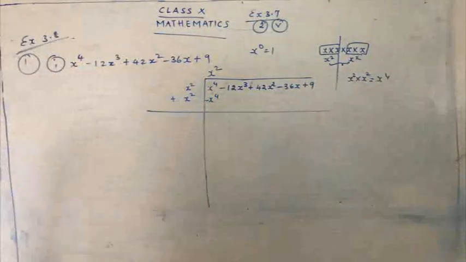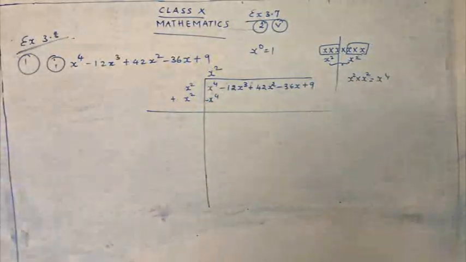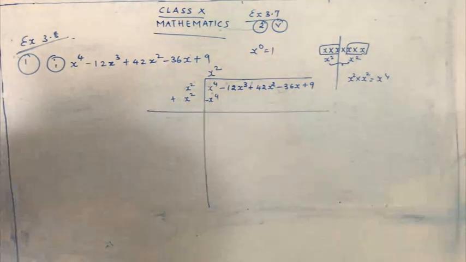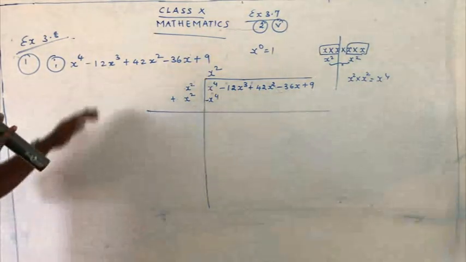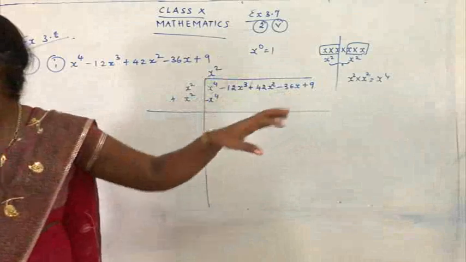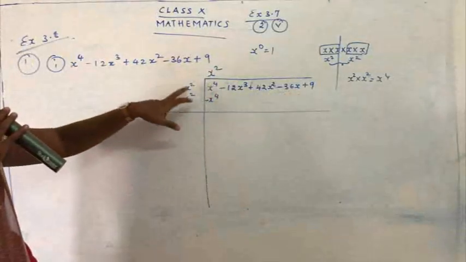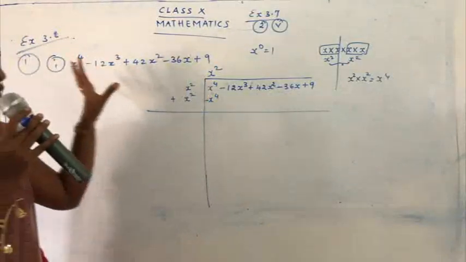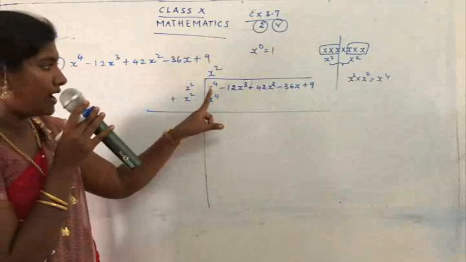Take down the sum. Draw the lines carefully. Take the first part. That is, we have taken the square root of x raised to 4. We have written it thrice, that is, I have written x square, x square, x square. Okay, so I have taken down the sum. So what is the first thing after writing the polynomial in the form of division? You have to take the square root of the first term. Only we are going to take the square root of the first term. Do not get confused about the whole terms. Take the square root of the first term.